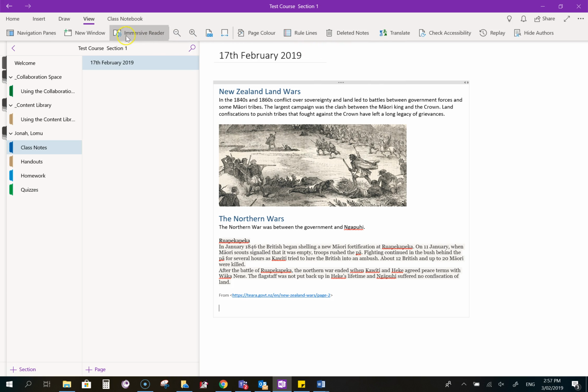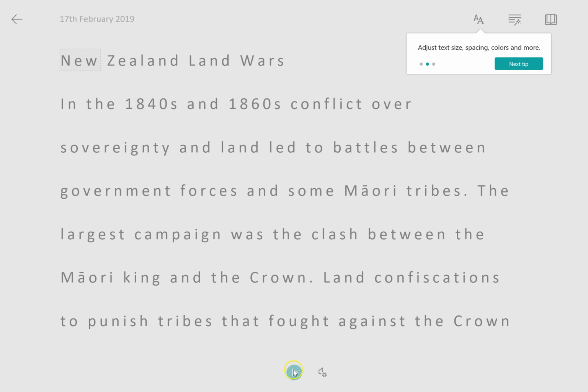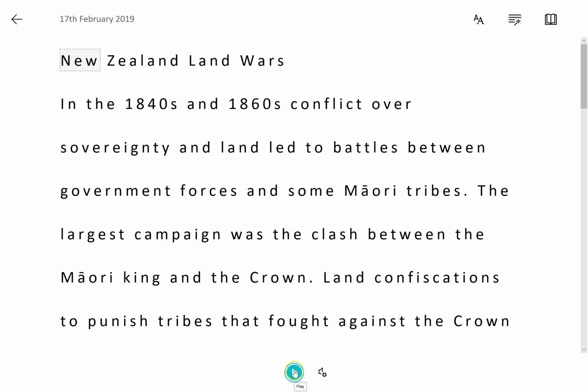There's also a really handy immersive reader. So if you want to have something read to you, you highlight the text, click on immersive reader, and it'll take you to a new screen. There's a few little handy hints here for you. I'll show you those in a second. You hit play,